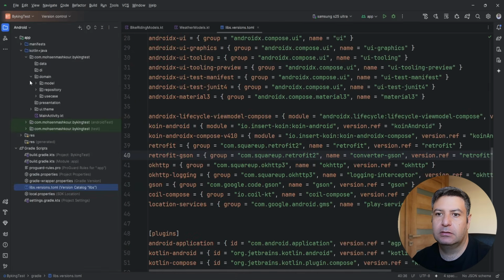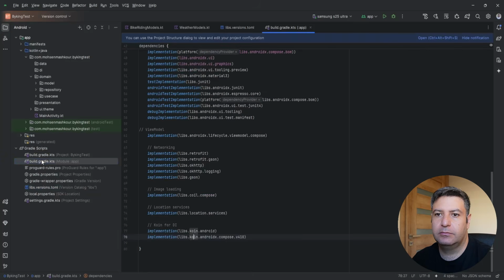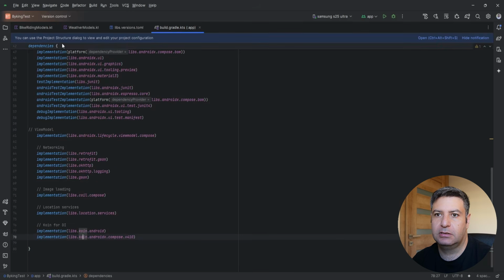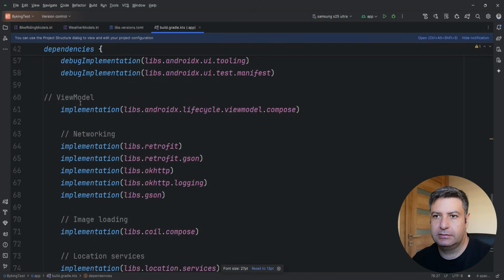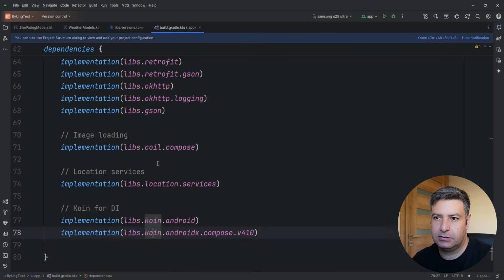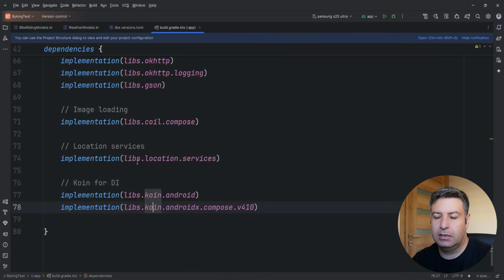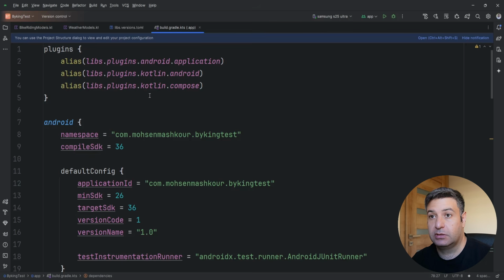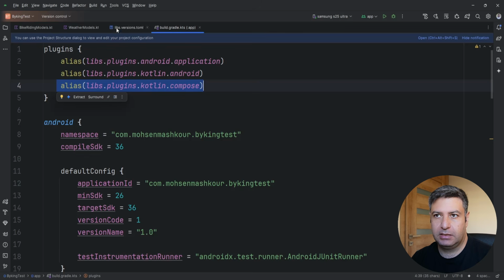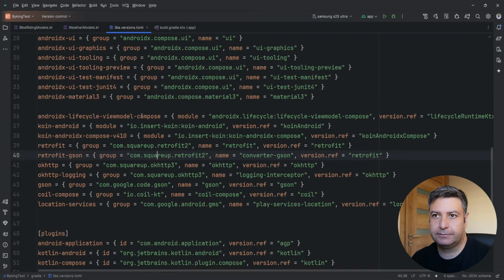And in the build.gradle.kts modular app, you can see these lines: the view model, Retrofit and HTTP and JSON, Coil, location, and Koin. And here you can see the compile SDK is 36. By today it is the most updated, and I'm using the Kotlin Compose plugin because I'm using the